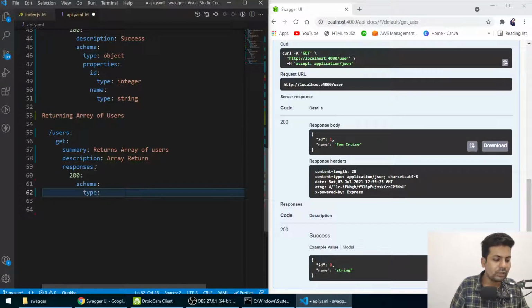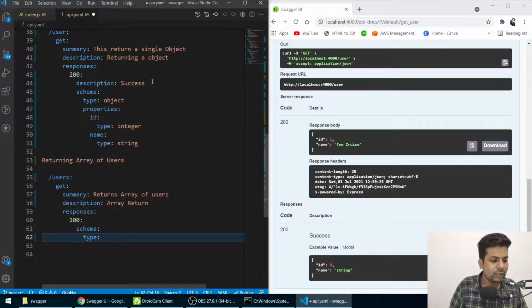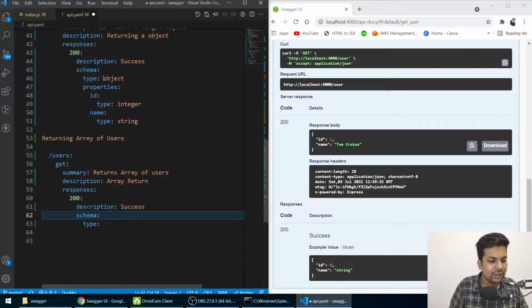Let me copy this also if you want, so there won't be any confusion from your side. So schema, here we were returning an object, so we wrote object. Here we're returning an array, so we'll say array. If you are returning integer, just write integer, or string, just write string, whatever you are returning.